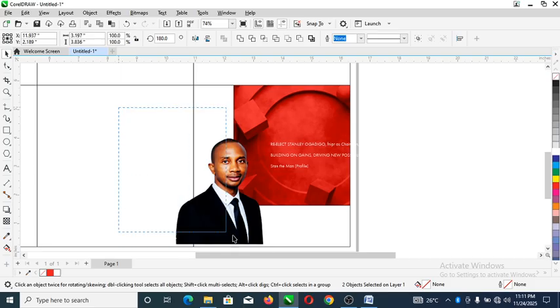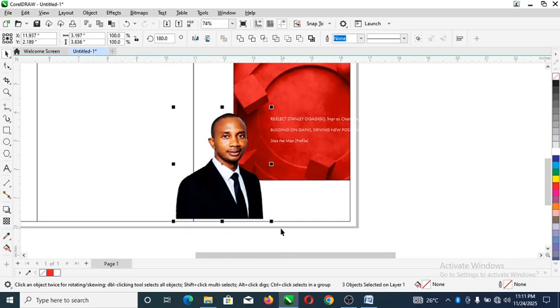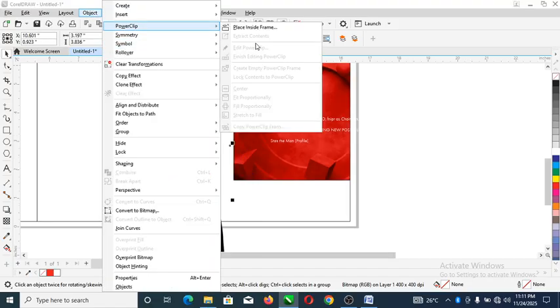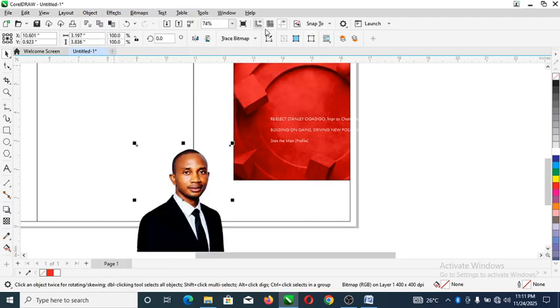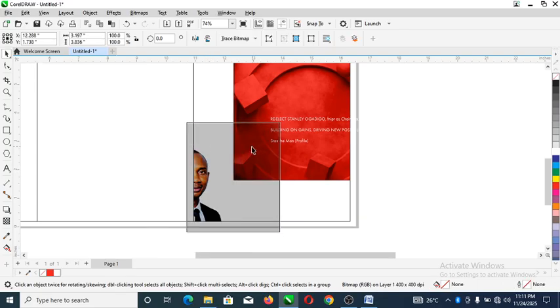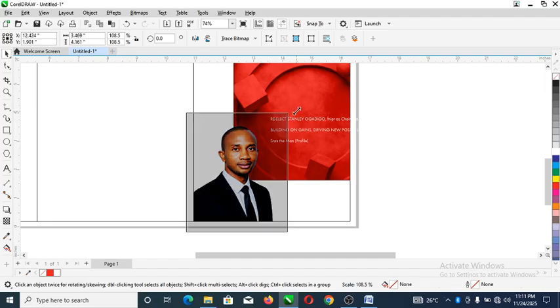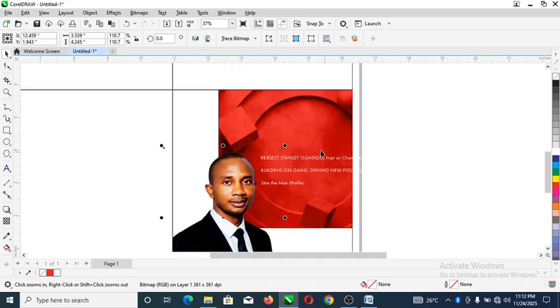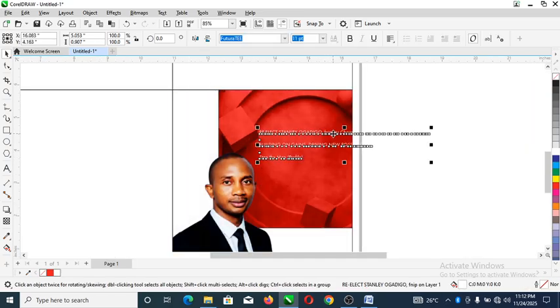There you have it. So let's convert to bitmap. So right now all we need to do is Powerclip, hit Place Inside Frame, then select the object, and it automatically snaps in. Hold the Alt key, select the image and adjust just like so. Make it bigger. This is quite nice. So let's zoom up. So right now what we're actually going to do is